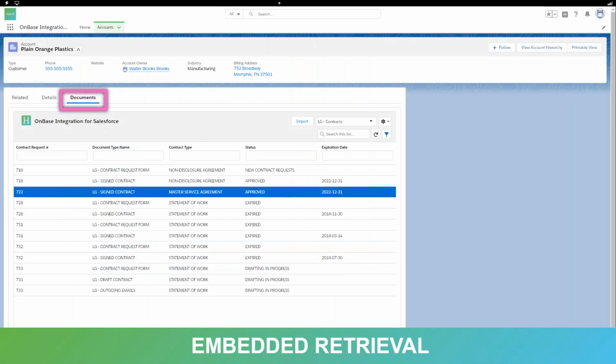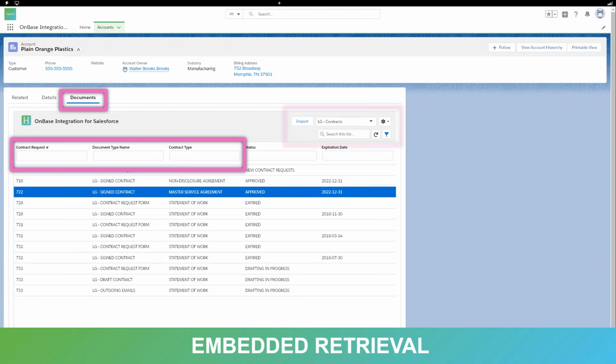But just using an example of Salesforce, OnBase has a really nice integration with Salesforce, where in this particular case, I happen to have this account open for Plain Orange Plastics. We have some of this metadata, but then OnBase has been configured within this integration to provide this Documents tab, where now I can see all of the different documents that are stored inside of OnBase related to this particular account.